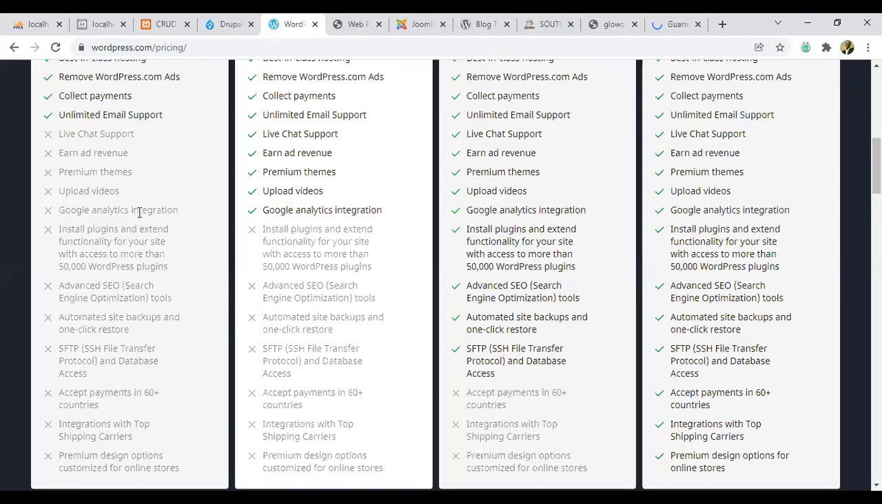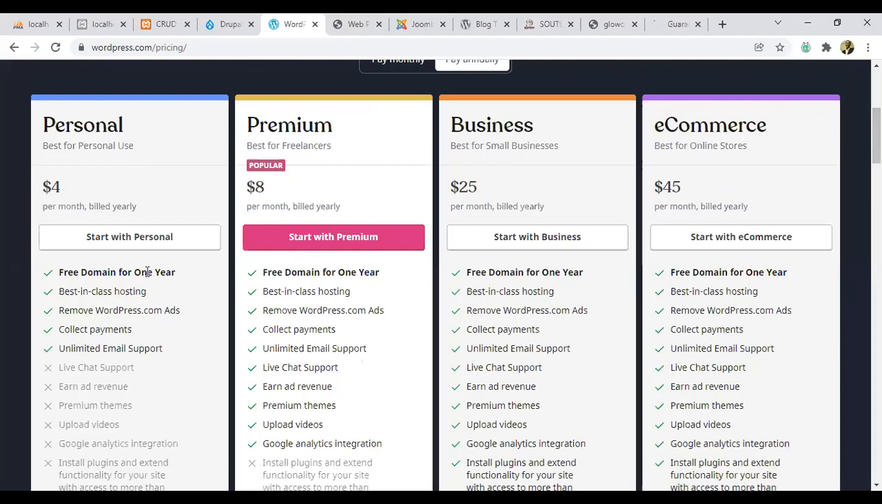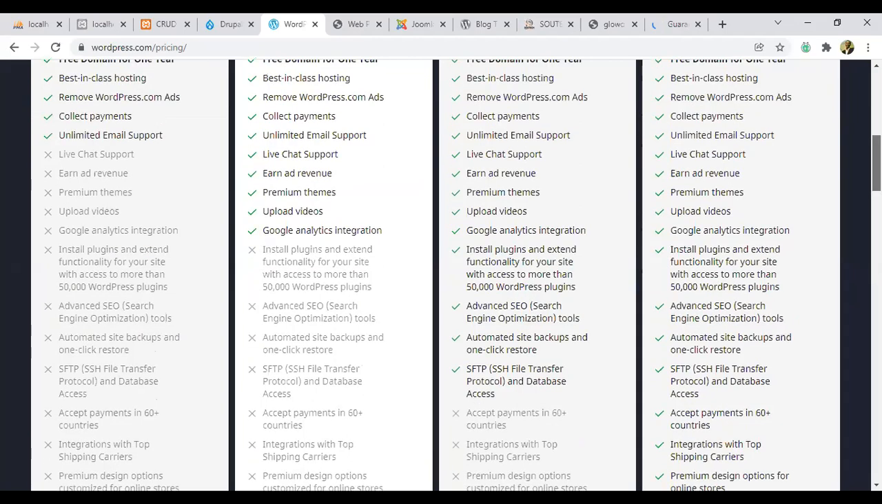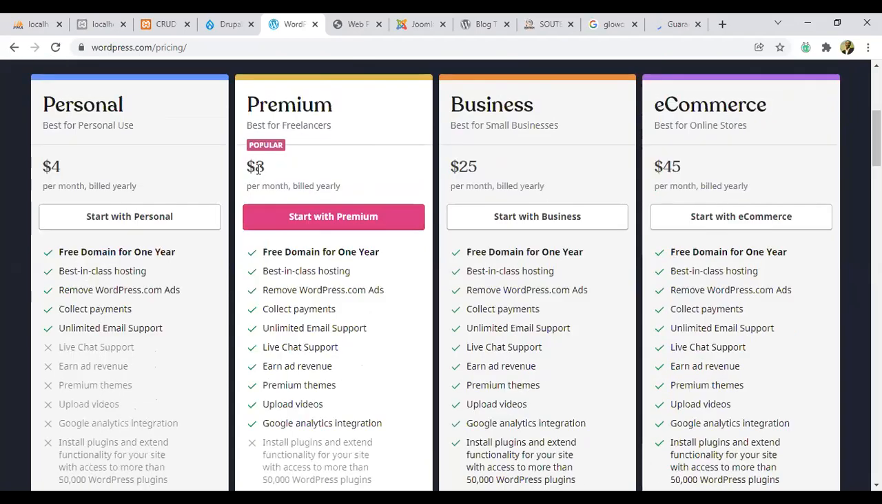So if you are using this free WordPress, this one here, personal, even though it's free, there's little you can do, right? You cannot upload videos, you cannot implement Google Analytics, you cannot install plugins. I'll tell you what a plugin is later on. So there are so many things you cannot do, like somebody that was asking that question. Then if you pay $8 per month, which is still very expensive, right? You can do all of this stuff, but